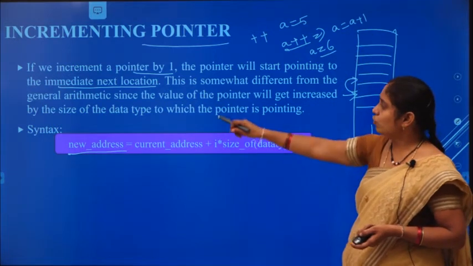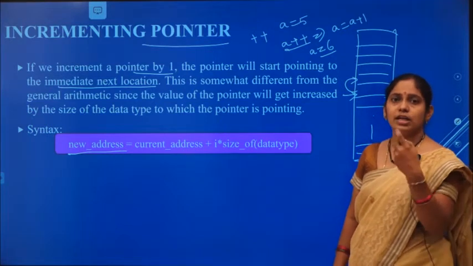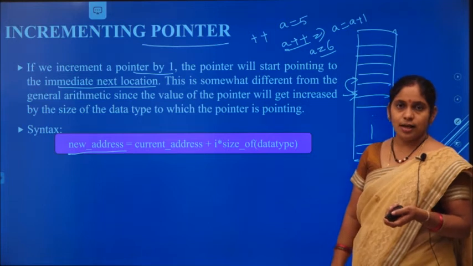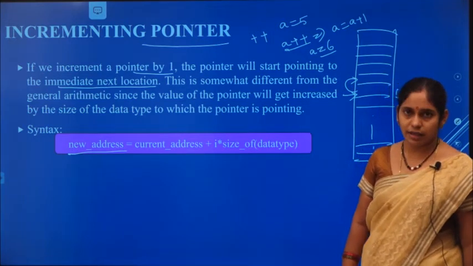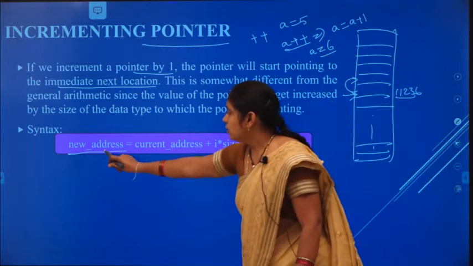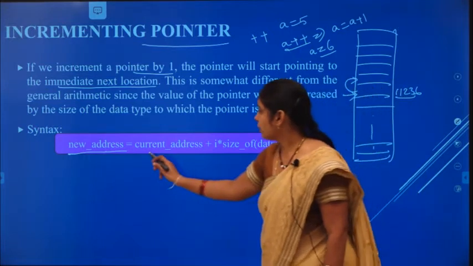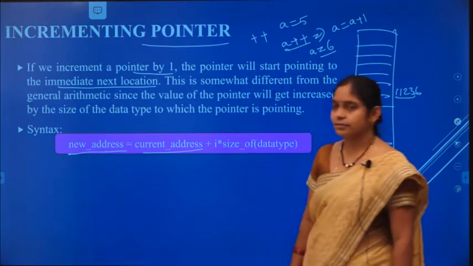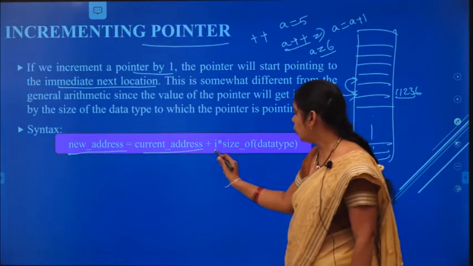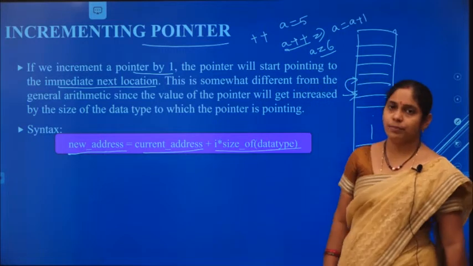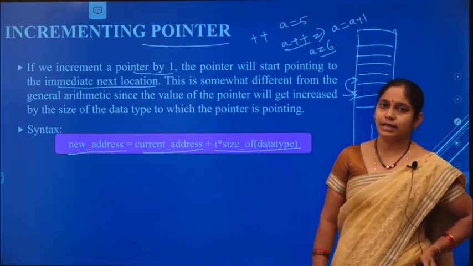Similarly, when we increment the pointer, it moves to the next location and that address is updated in the pointer variable. The new address is generated as the current address plus i into the size of the data type.